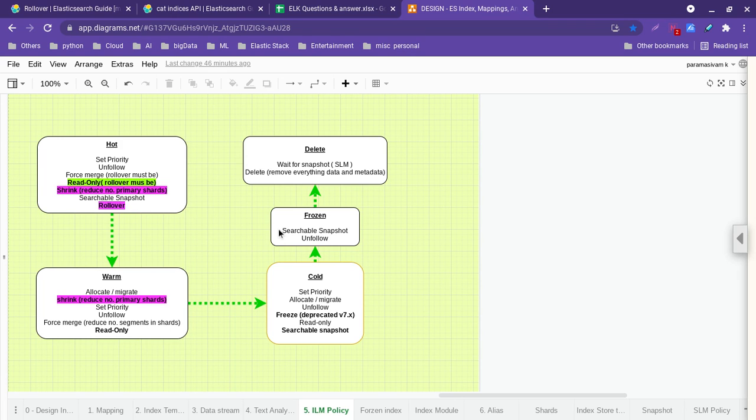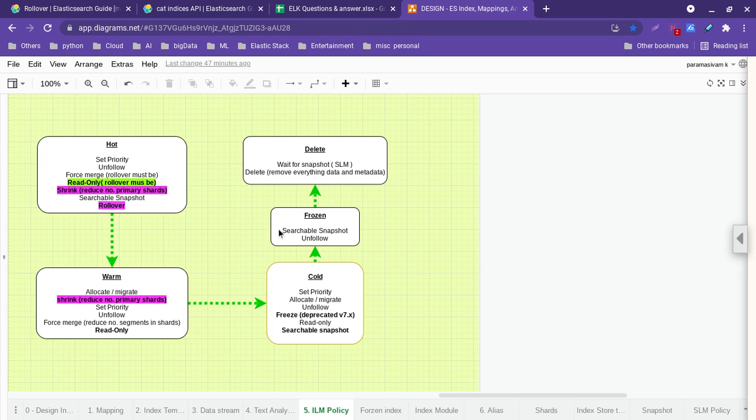Once it reaches 10,000 documents, I can say please roll over, to the next phase, whether warm, cold, or frozen. It depends on what phases are defined in your ILM policy. So: number of days, size, or document count.